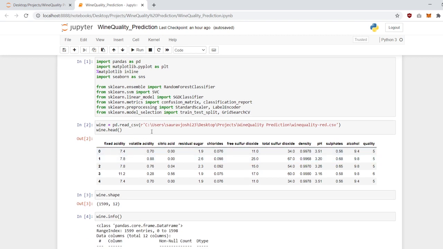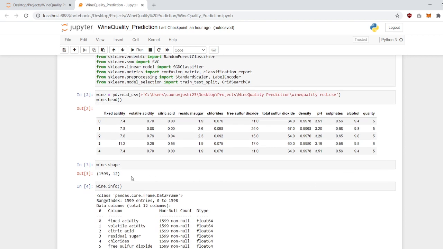So from this particular directory I will import the winequality-red CSV file. And then when we apply the head method on our data set, we get the first 5 rows of the data set, with the first 11 columns signifying the feature inputs, and the last column signifying the score from 0 to 10. So it is mentioned in the dataset source that values greater than 6.5 signify a good quality wine, and below 6.5 signifies bad quality wine. So we'll keep it into consideration as we move ahead.